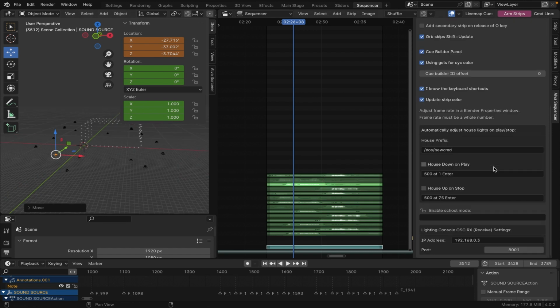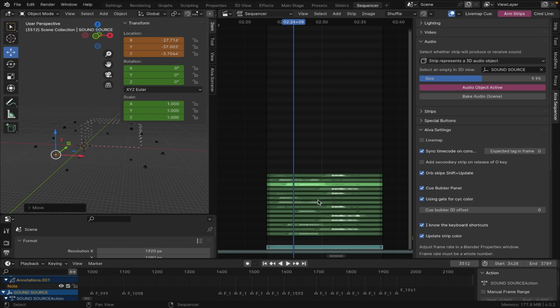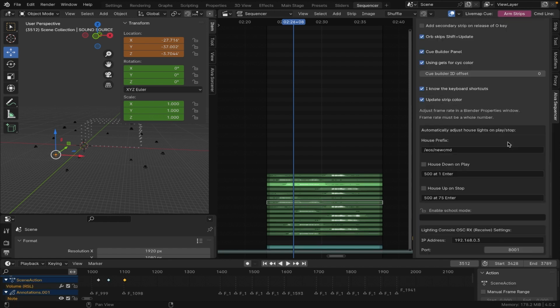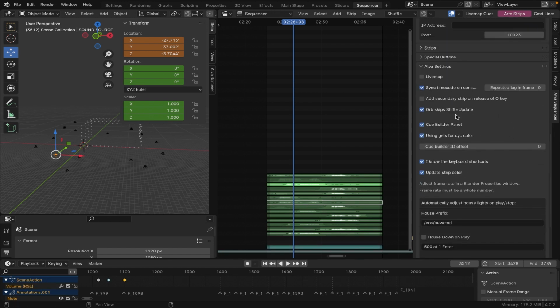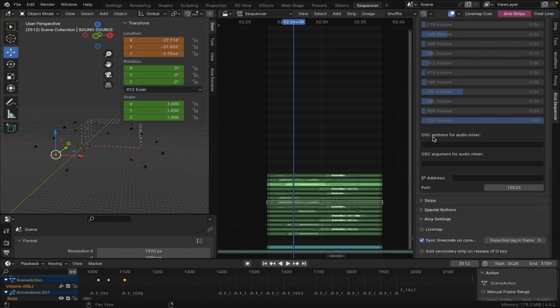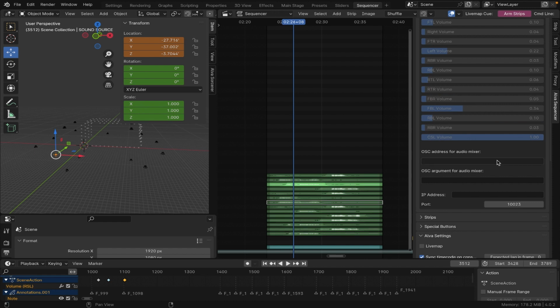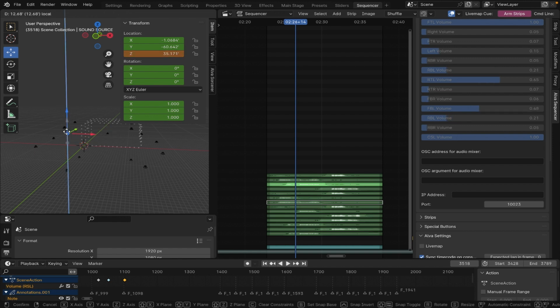Another thing you can do with this is, if you select one of the speaker strips, you can go down to this section here, OSC address. This basically is there to allow you to connect a speaker strip to a mixer via OSC, so that when you do this kind of stuff, you can see that being reflected on the faders, if they're motorized faders, on the soundboard. I don't have a mixer here in order to demonstrate that, but